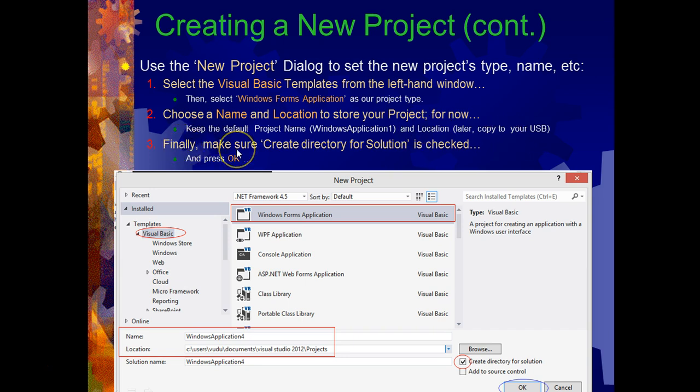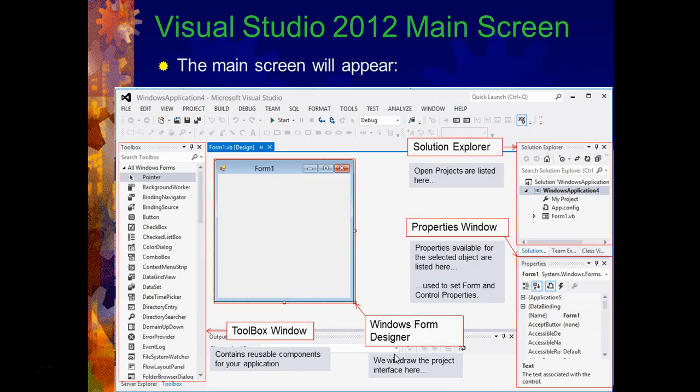And finally, make sure Create Directory for Solution is checked. So that's over here. You want to have a separate directory for your program or for your solution. And then you can click OK. Once you do that, you'll get something like this to appear. And this is where you're going